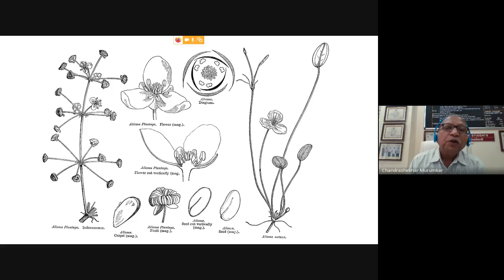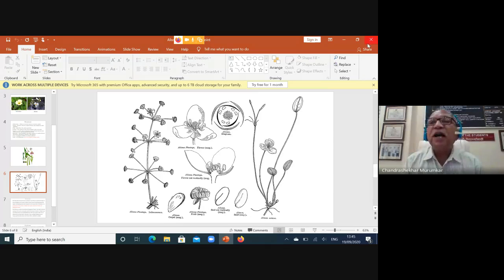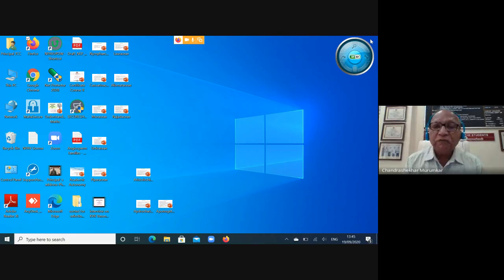Now you can see in the floral diagram at the center the free polycarpellary apocarpous condition. So you can see the free carpels which are arranged separately on a conical thalamus, and that is a unique character which is similar to that of Ranunculus. So with this discussion today, we'll stop for the present. Now this is the presentation of the family Alismataceae, the first monocot family.